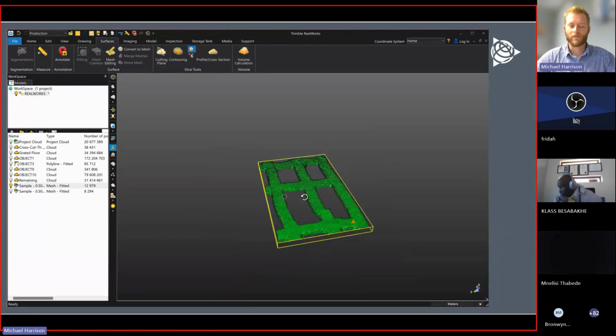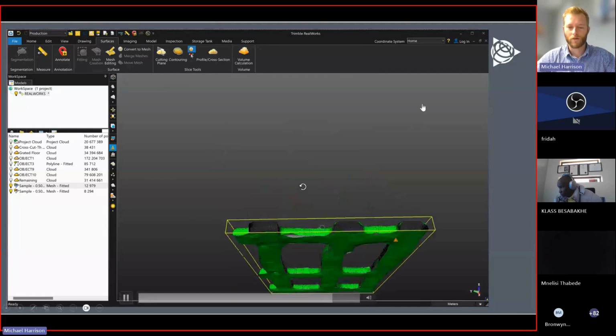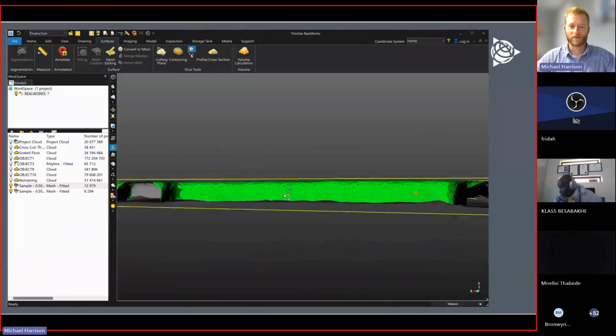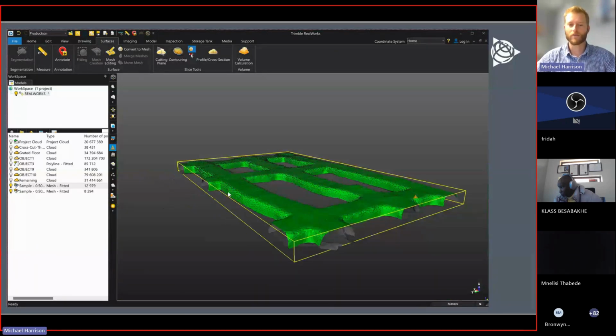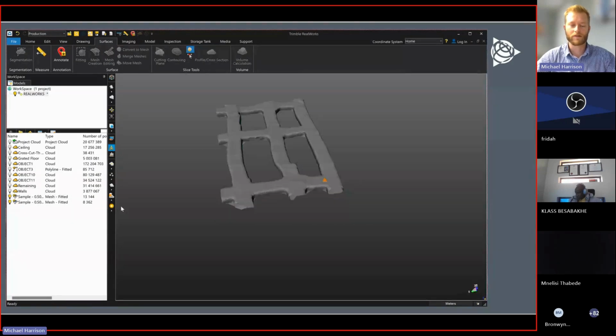So you can see now I have a mesh of the floor, walls, and ceiling. And now with this data, we can go ahead and move on to the next step, which is volume calcs, everybody's favorite. So in the past, especially working with RealWorks, one of the great things about RealWorks is it can